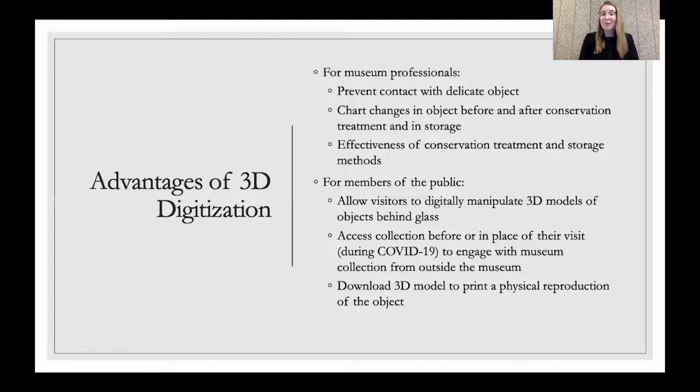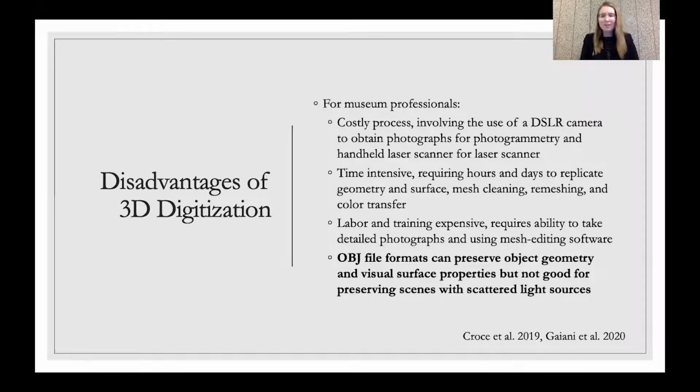And it allows people to download the 3D model to print a physical reproduction of the object. However, there are disadvantages. It's a costly process, often involving a DSLR camera to obtain photographs for photogrammetry and handheld laser scanners for laser scanning. More recent methods employ the use of mobile cameras, but it doesn't necessarily ensure that the same product and level